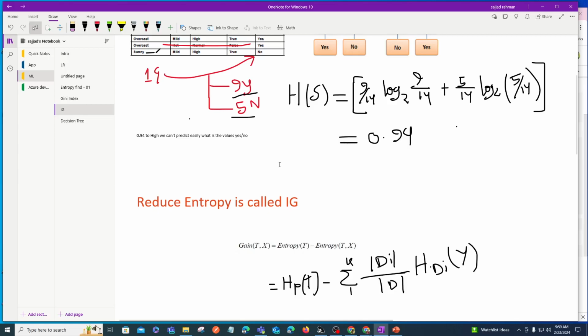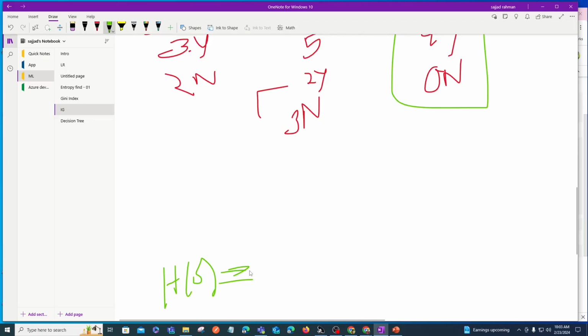Based on this we will find that this is 0.27. If you are confused about how to find H of S, I am taking overcast. Here we can see that the entropy of overcast is nothing then minus